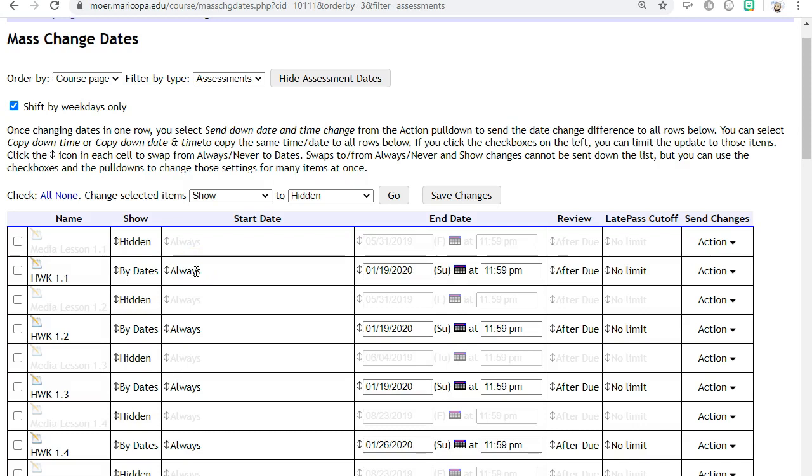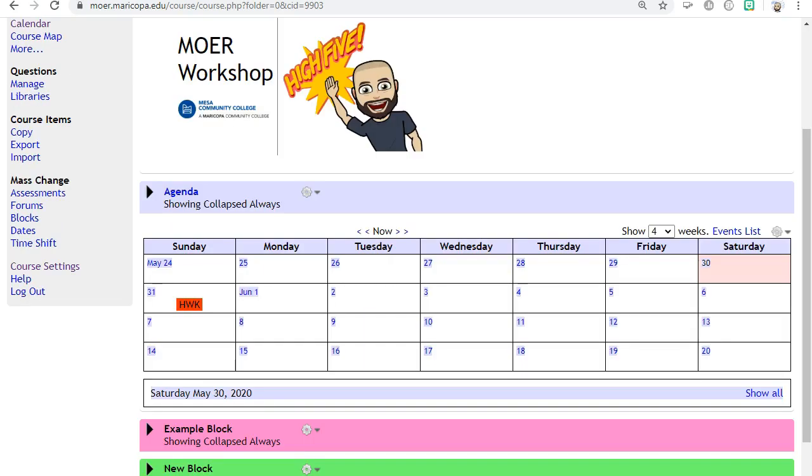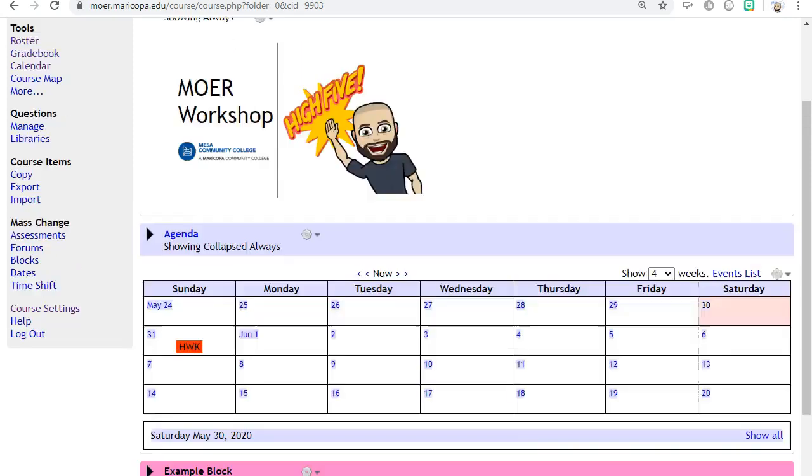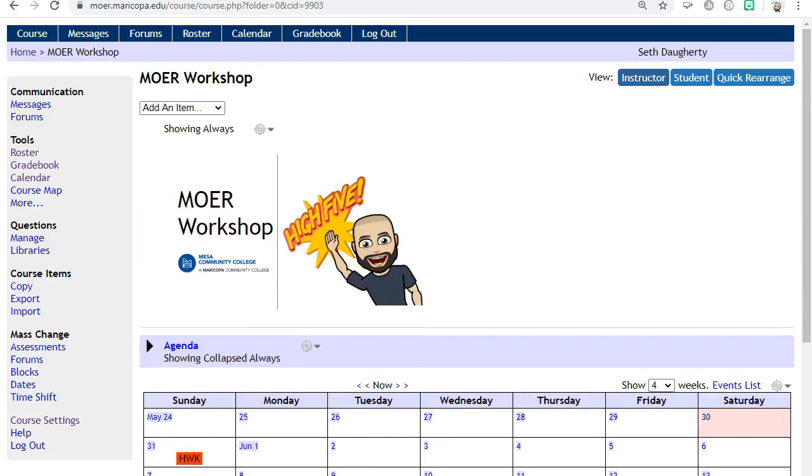Let me show you one other thing. So now let's say you want to change a due date. As you can see on my calendar here, I have a homework assignment due tomorrow. And let's say I want to give students a few extra days to work on that assignment. One way we could do that is to go into the settings for that assignment and change the due date. But a much quicker, easier way to change a due date, especially if you're going to change several, is to